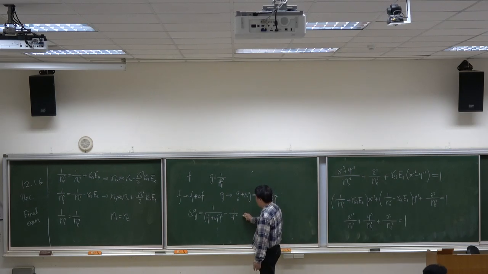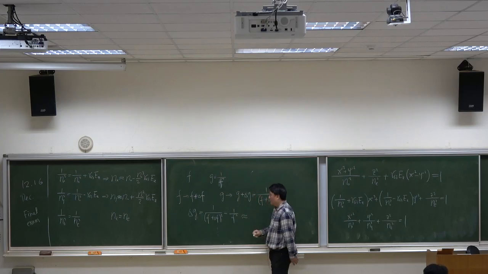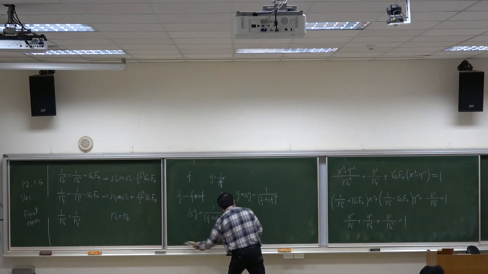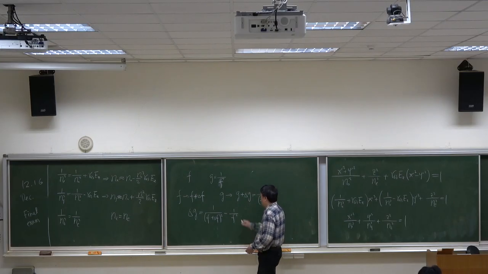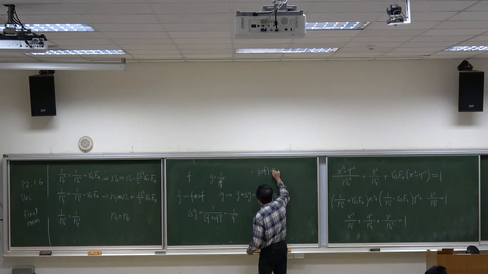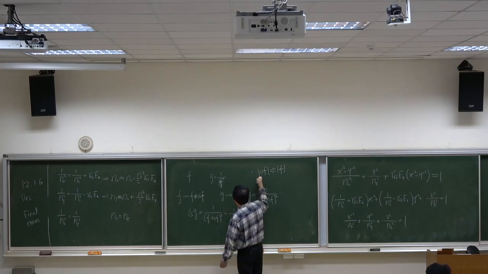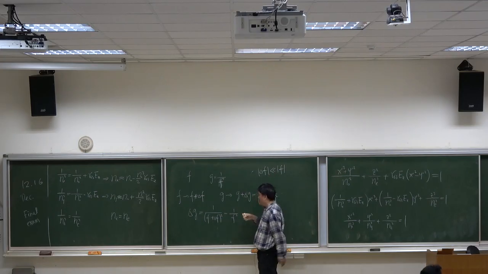So this can be approximated by this. 这样讲，就是你现在想象这个 delta f 远小于 f。Now, if the magnitude of delta f is much smaller than f,